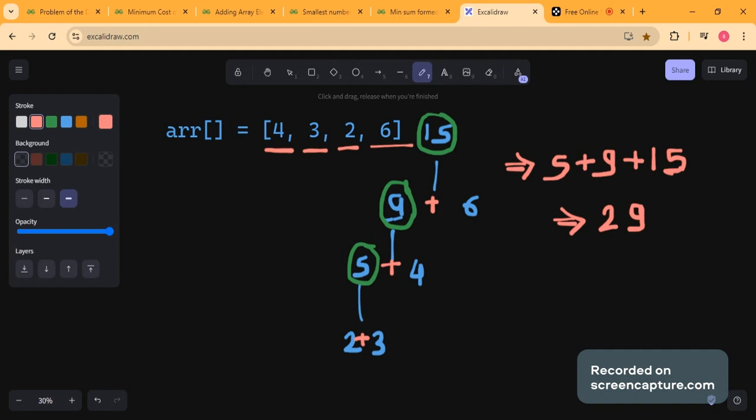Now these are basically the costs, and then we will add them to get the total cost of forming this rope, that will be 29. So if you calculate all other possibilities, then you will find out that this is the minimum cost that can be generated using these arrays.